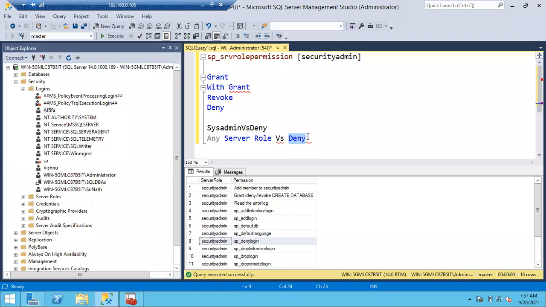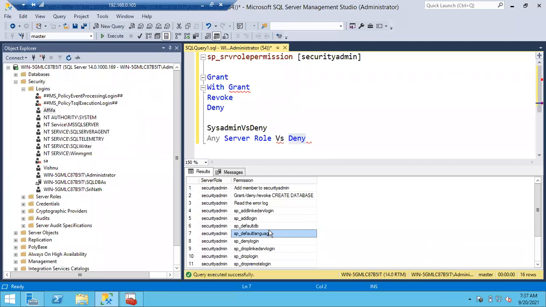So this is all about your fixed server roles. The name itself says fixed server roles means you cannot change the permissions. You cannot add permissions. You cannot remove the permissions. That is called fixed server roles. But I don't like it. Whatever permissions are there for the security admin, I don't want to use this set of permissions. I want to create a role with my own permissions. Yes, that also we can do. You can create your own role with your respective permissions.